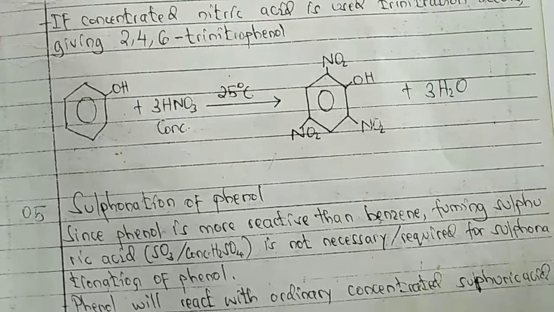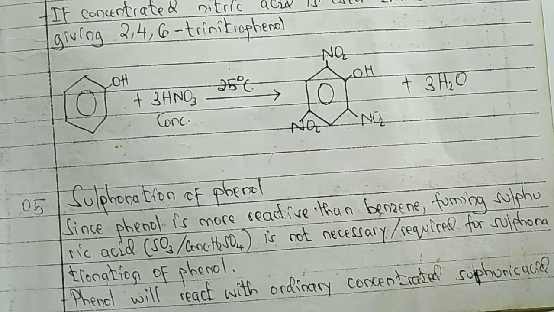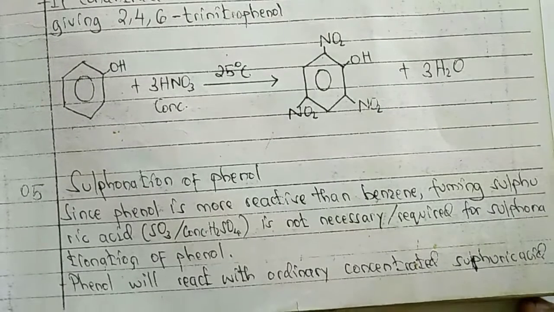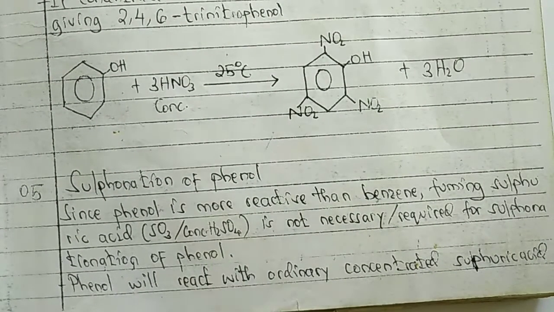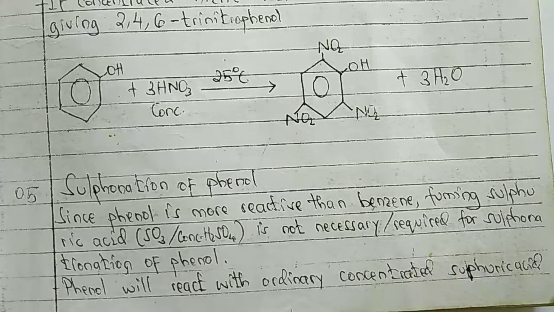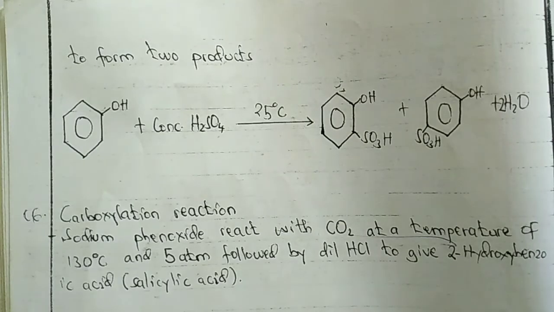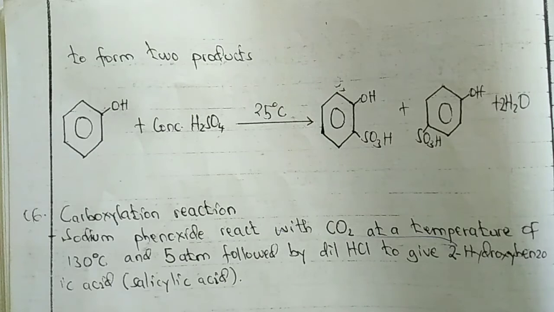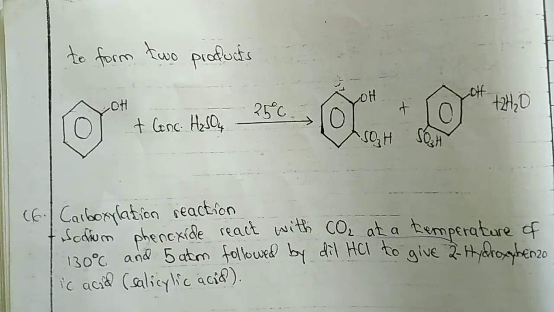Then sulfonation of phenol. Since phenol is more reactive than benzene, fuming sulfuric acid, ambayo inakuwa ni mixture of sulfur trioxide pamoja na conc sulfuric acid, is not necessarily required for sulfonation of phenol. Phenol will react with ordinary concentrated sulfuric acid bila kuweka mix with the sulfur trioxide. Ina react with ordinary conc sulfuric acid. So with the ordinary conc sulfuric acid ina form two products, either at ortho or para position. Zote ni benzene, ni phenol sulfonic acid, au zote ni phenol ambayo imekuwa substituted with this group, lakini inaweza kuwa substituted either at ortho or